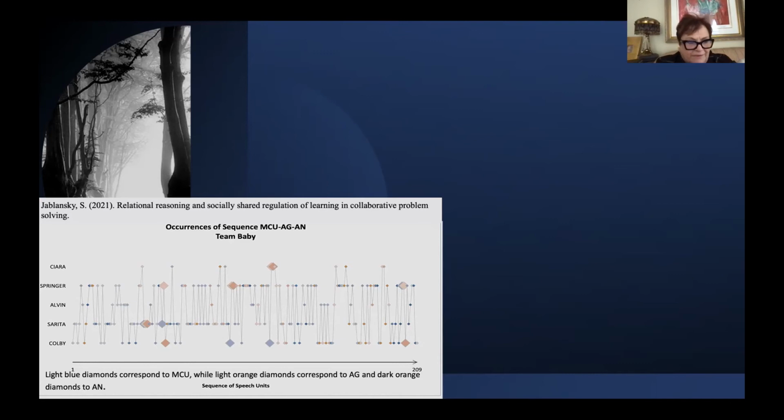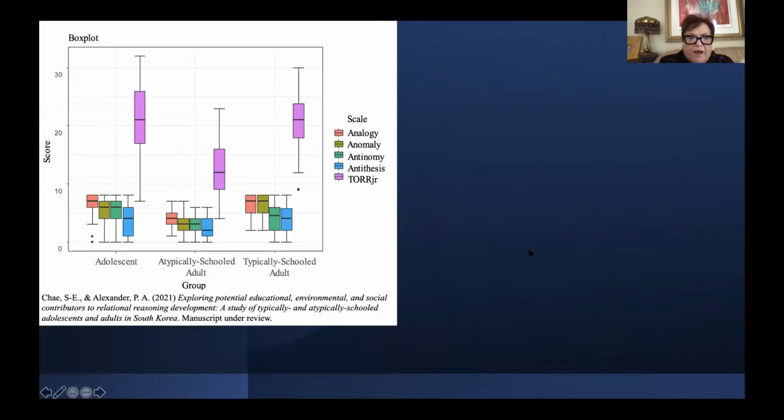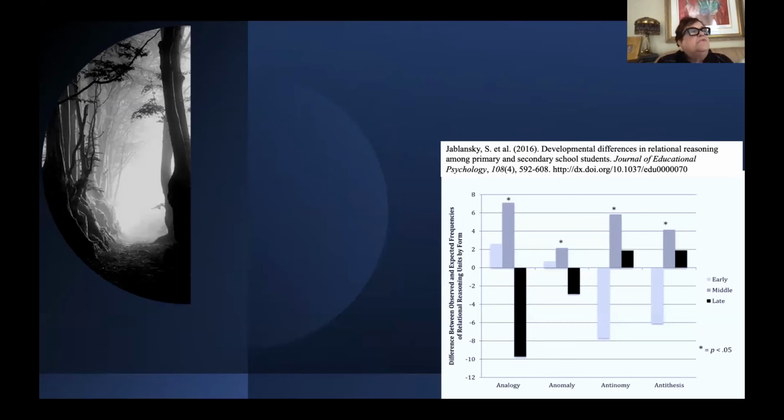And you don't need to understand all of this. I think the dark diamonds, the dark orange things, are cases of antithetical reasoning, and the lighter orange are analogic. And other ones, she looked at the other processes that came in. But I think we need to understand more about how reasoning operates in this sort of, I don't know, orchestrated manner that gets us to where we need to go.